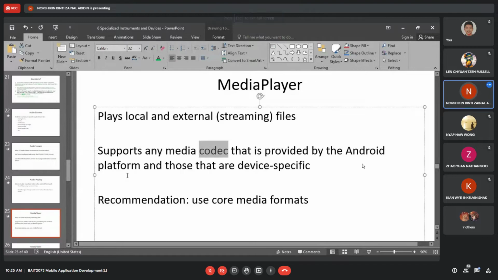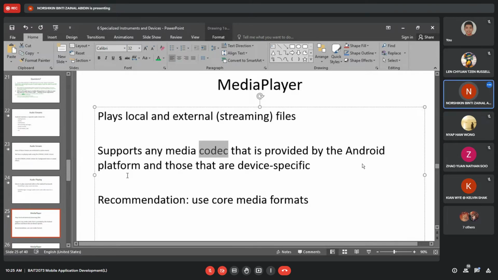Device specific is... using our smartphone, I think all of the files we can play, all of the media we can play. But last time I do remember there's certain files that we cannot open using our device.